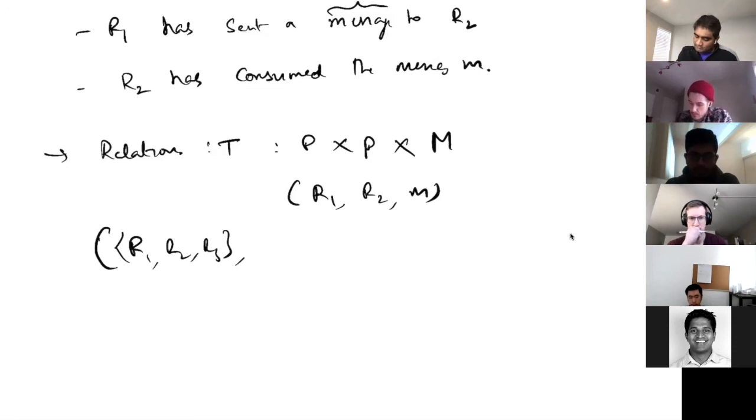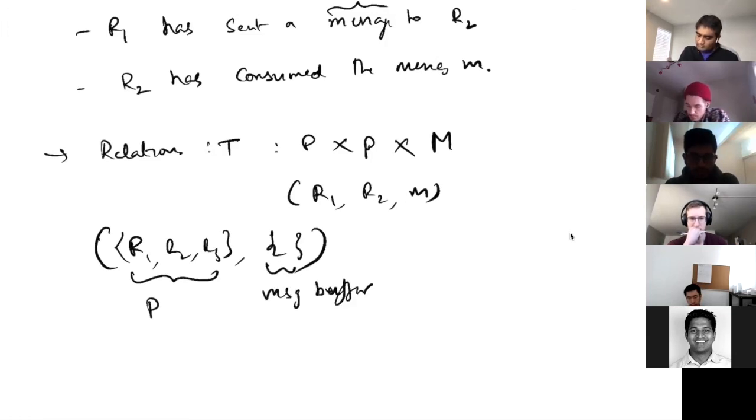Let's say you have a message buffer, which is initially empty. So this is the set of processes, let's call it P, and this is the message buffer, right? Initially, let's say I'm only modeling network messages and nothing else, I mean, sends and receives essentially, sends for the time being. So you have an initial configuration, which is just a set of processes R1, R2, and R3,